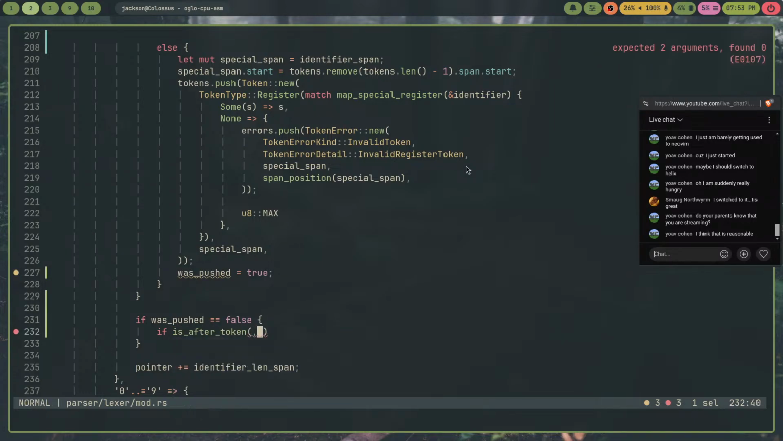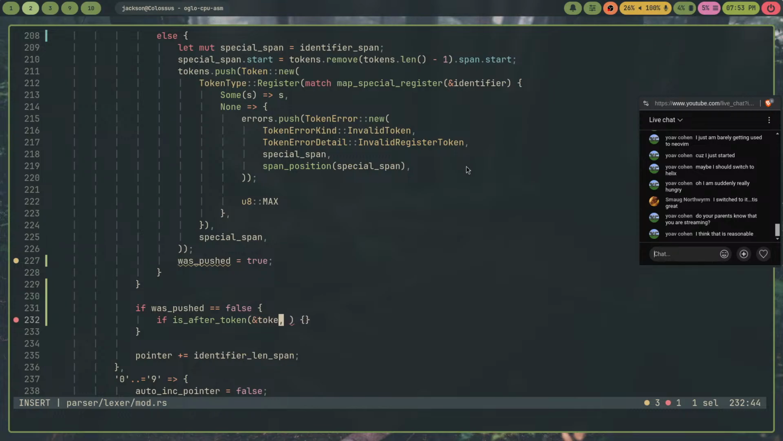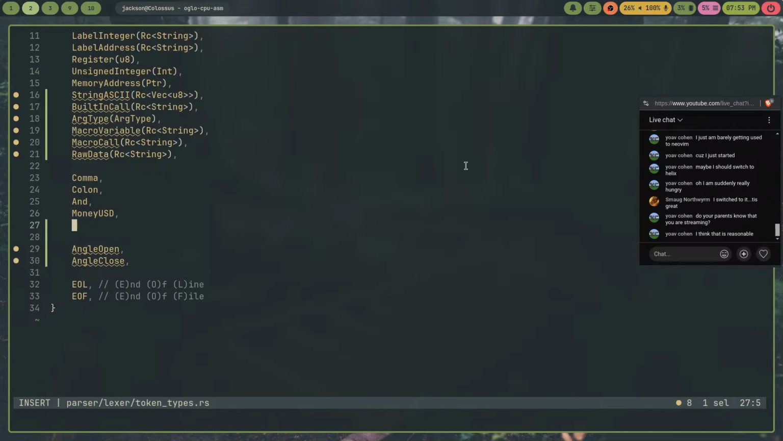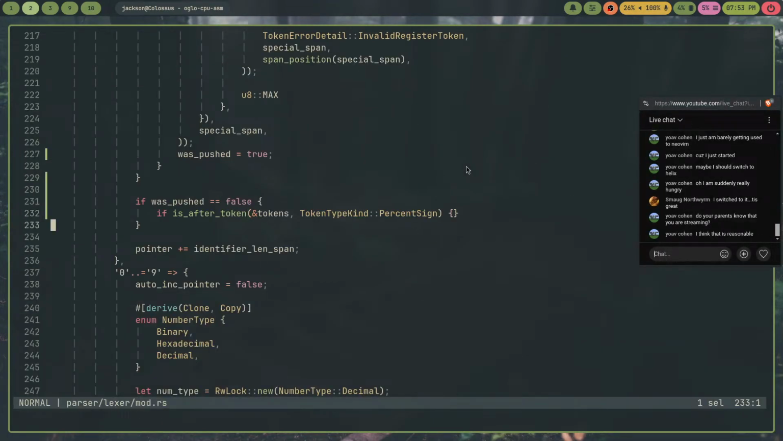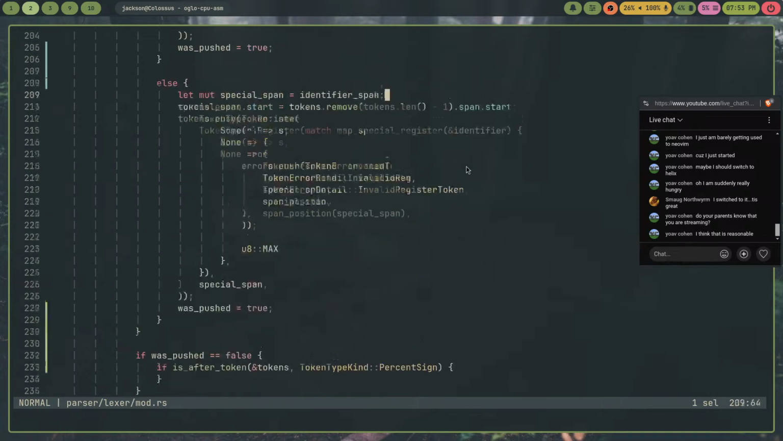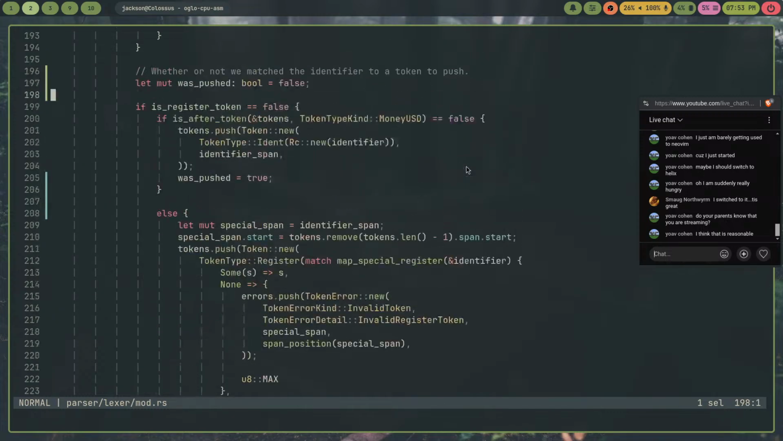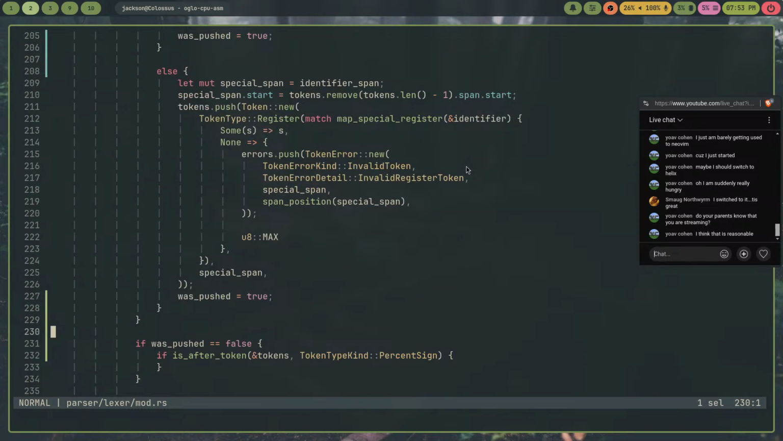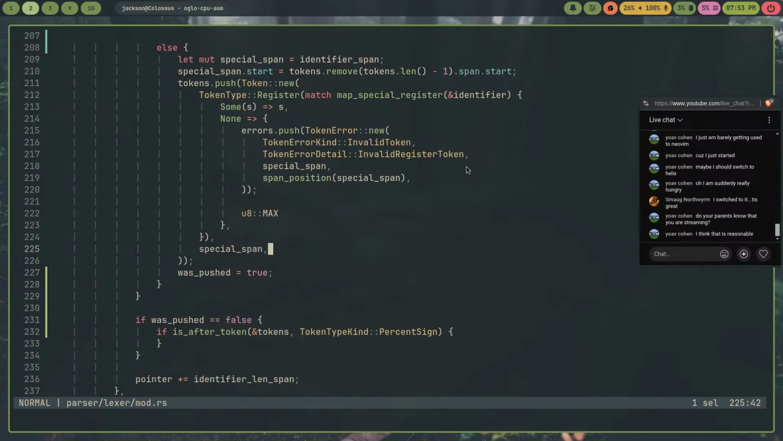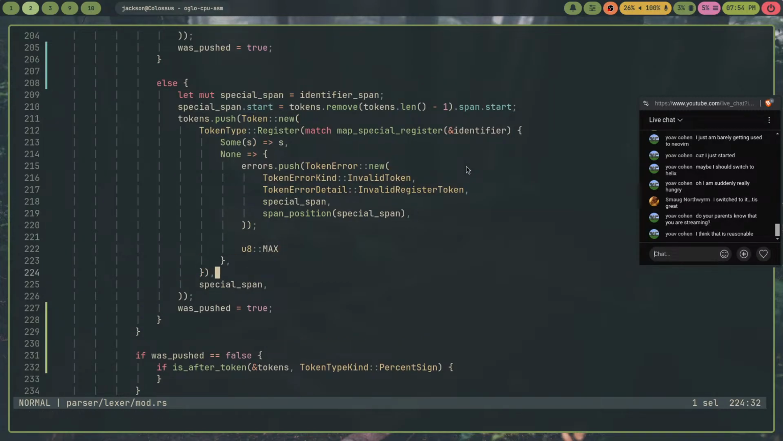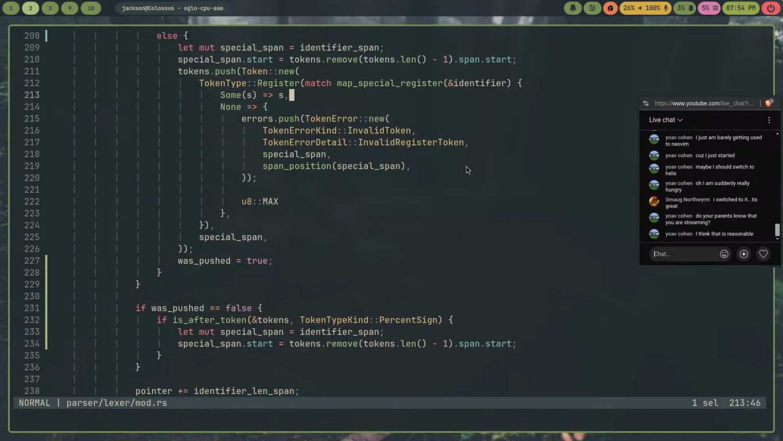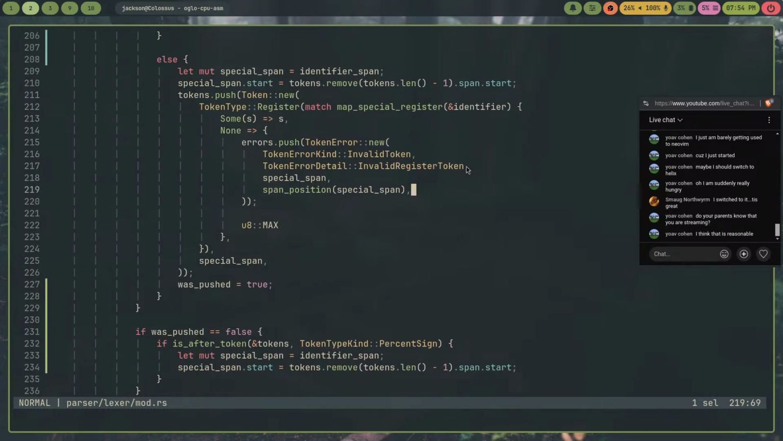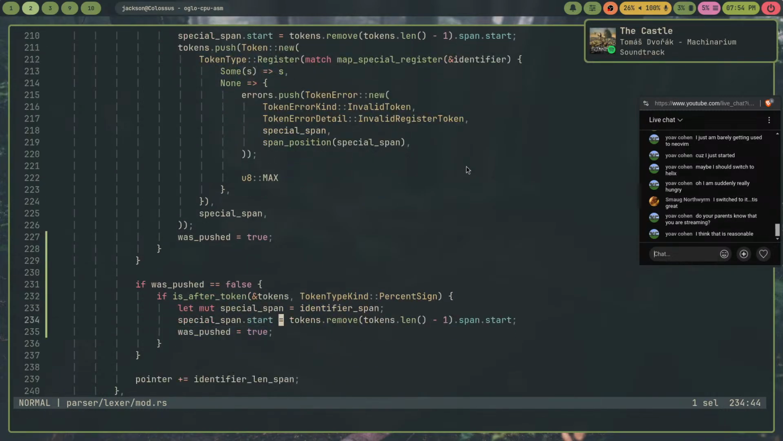If is after token, tokens, token type kind, percent sign. Now I need to add that. Percent sign. I want to let moot special span identifier span special span dot start. Yeah, okay. So I can just copy all of this, put that in here, and then do, I also want this, and then I'll just do